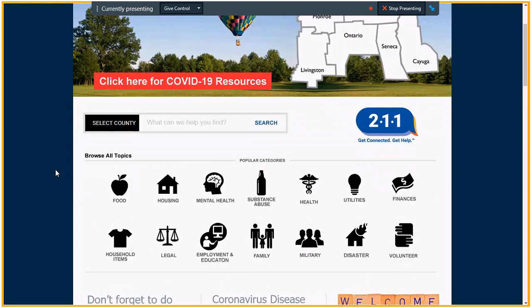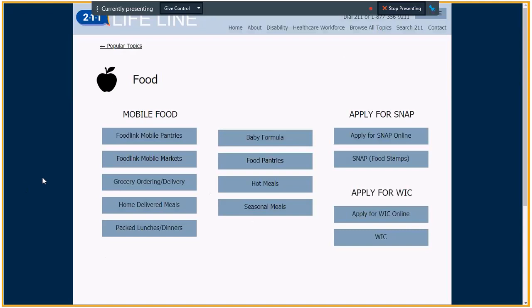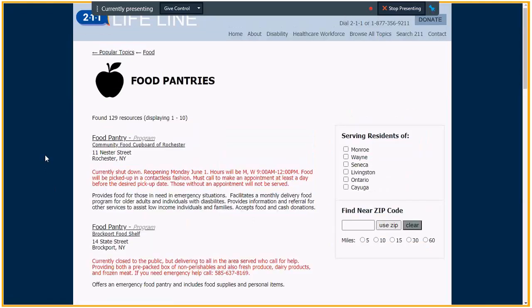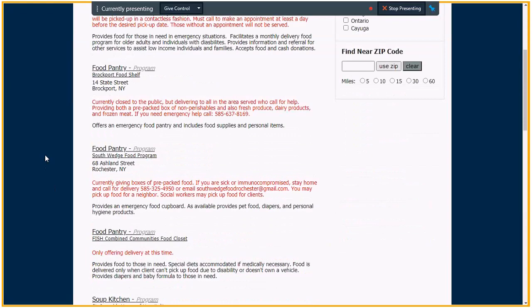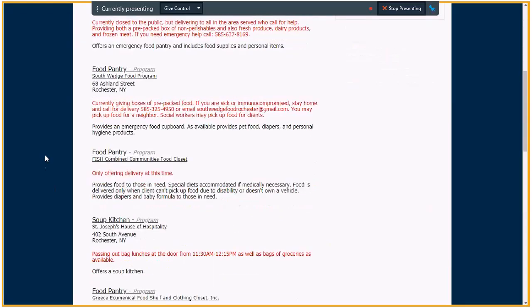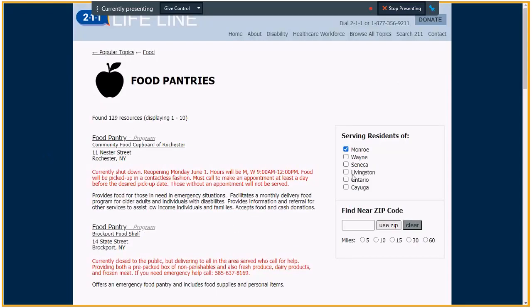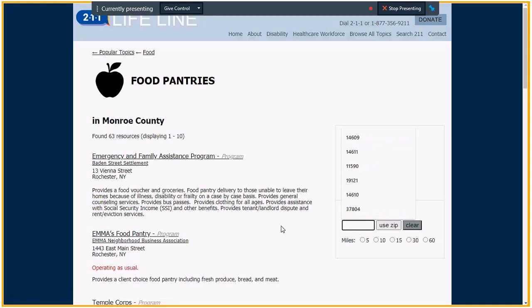Something else that you might come across as someone working with individuals, especially in a formal capacity as a case or care manager, you may find some resources that require your intervention. So I'm going to look for a very specific resource that I have in mind that requires